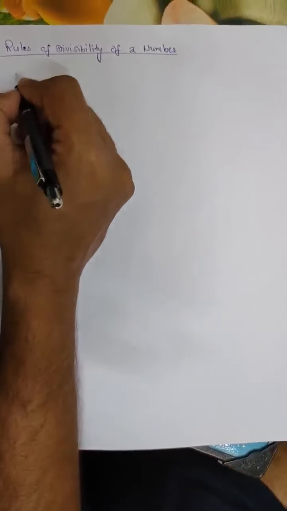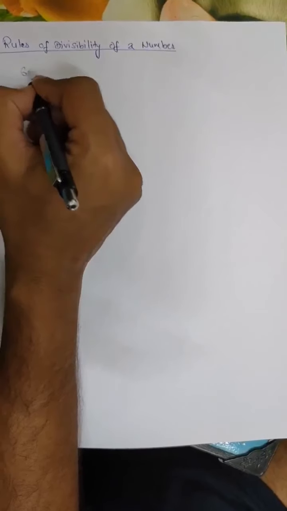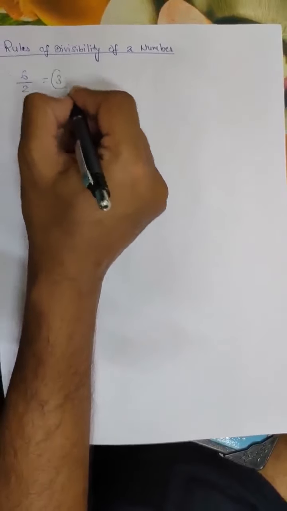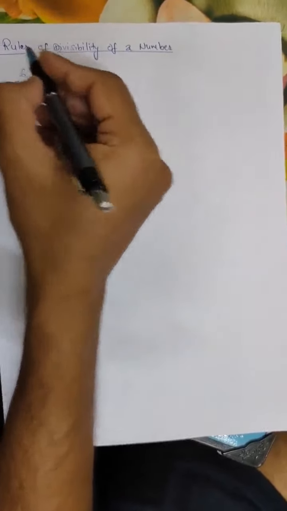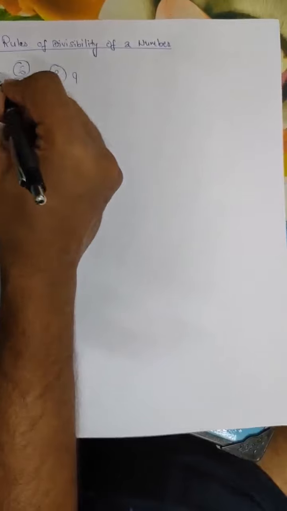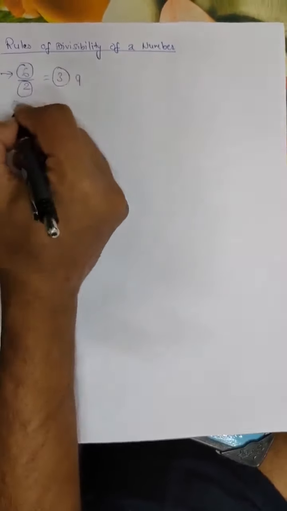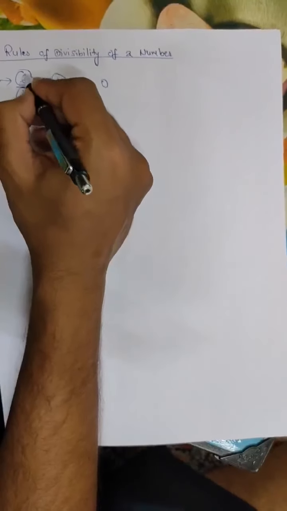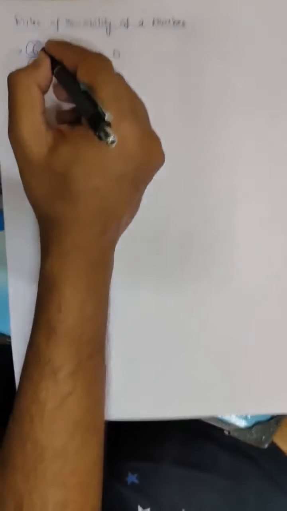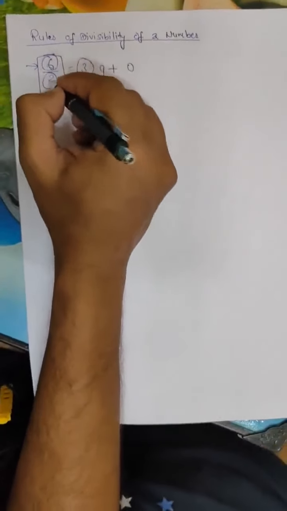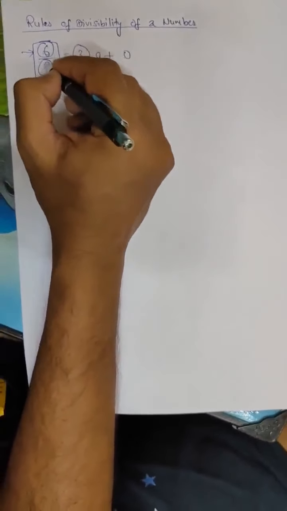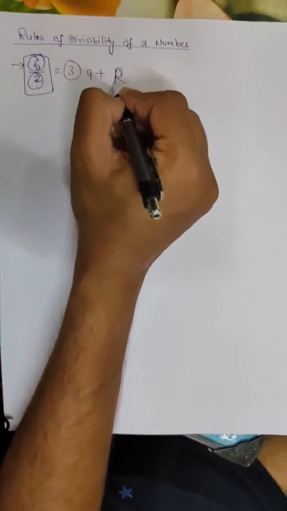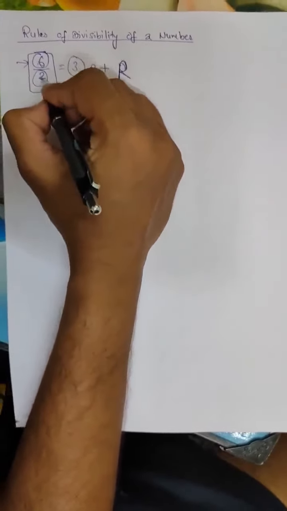For example, I give you the number 6. If I divide it by 2, the answer becomes 3. This is called the quotient, this is called the dividend, and this is called the divisor. The remainder is 0 here, nothing is remaining. So 6 getting divided by 2 is called divisible. If we get a remainder, then it means it's not totally divisible.